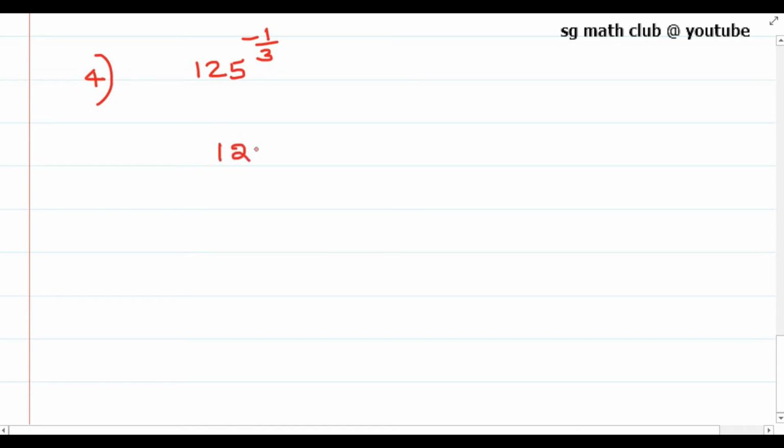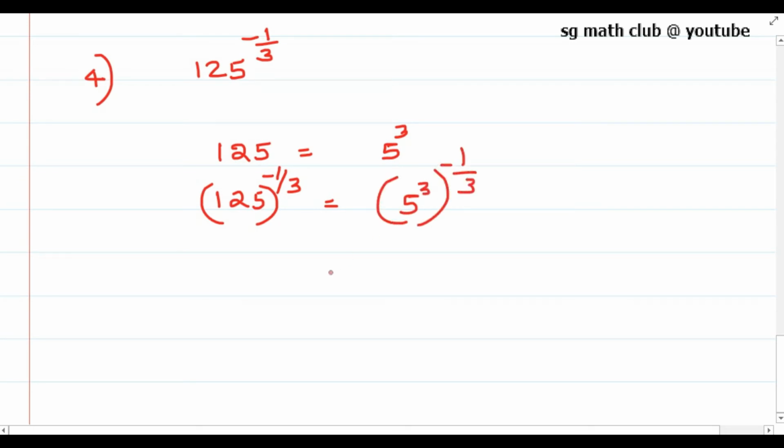Just now we have seen that 125 I can write as 5 cube. So 125 whole to the power of minus 1 by 3 I can write as 5 cube whole to the power of minus 1 by 3, which is equal to 5 to the power of 3 into minus 1 by 3. The 3s will get cancelled. We have 5 to the power of minus 1. That means it is 1 by 5 to the power of 1, or we can write it as 1 by 5,